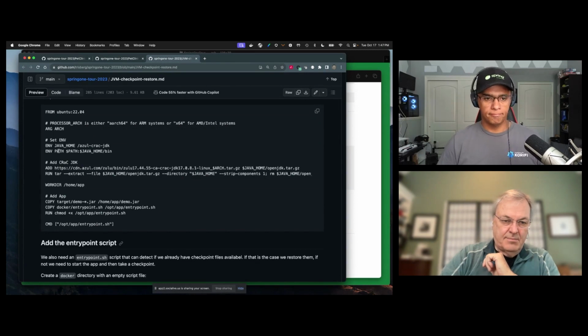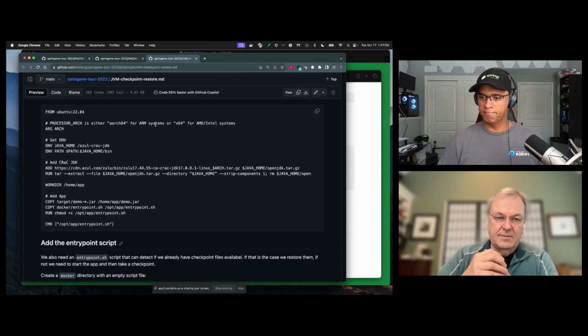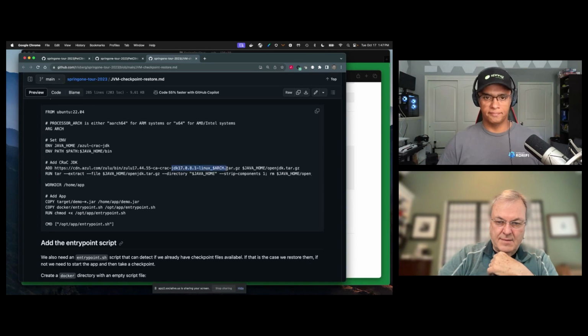So it's based on what architecture you're on, because we need to pass that in, either an ARM system or an Intel AMD system. So it pulls down the right JDK based on the architecture, sticks that in your Java home,